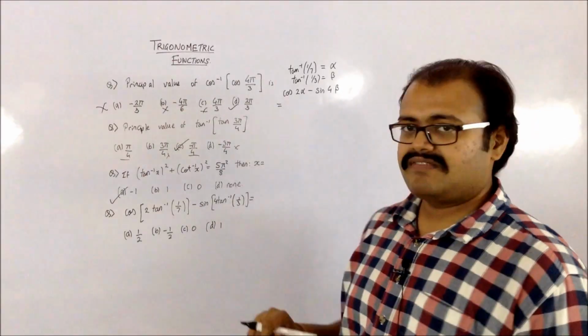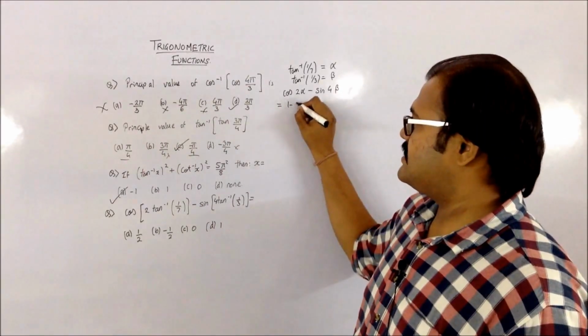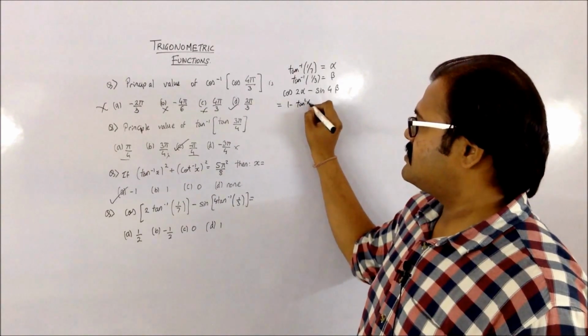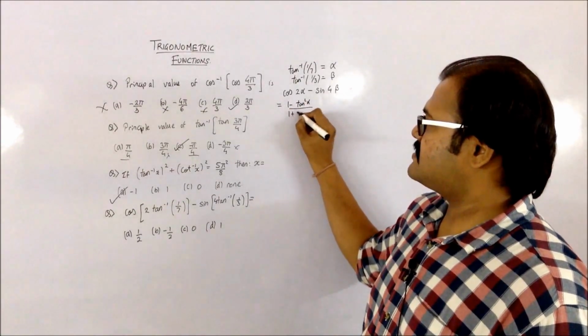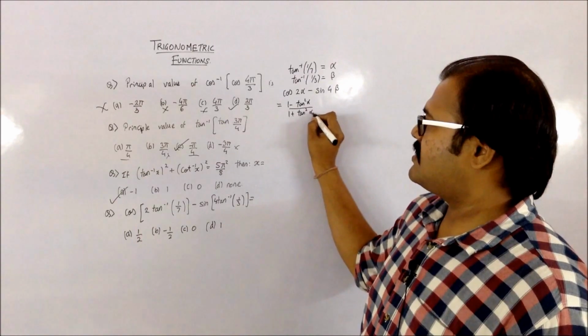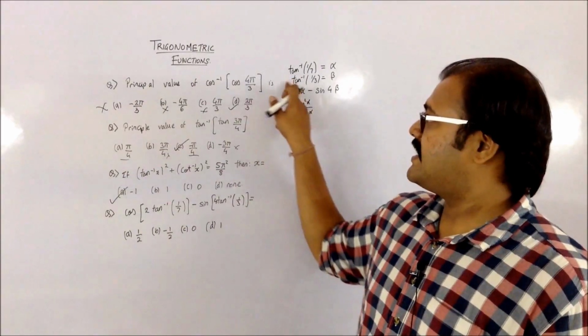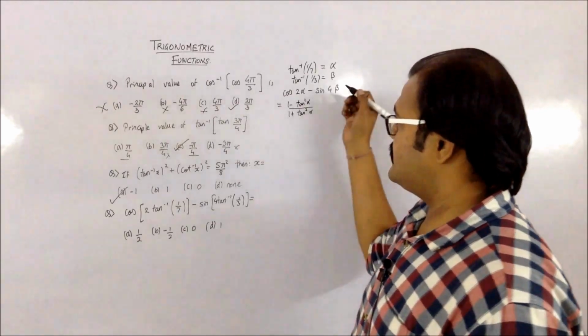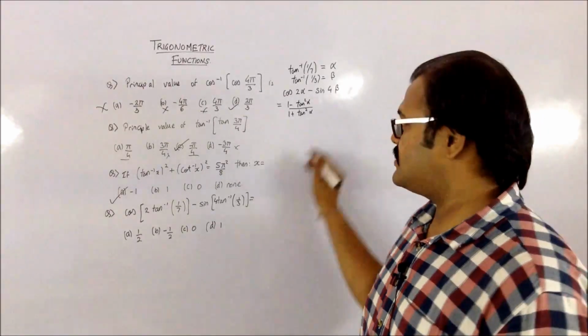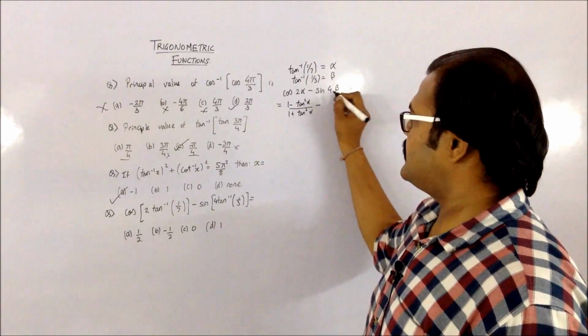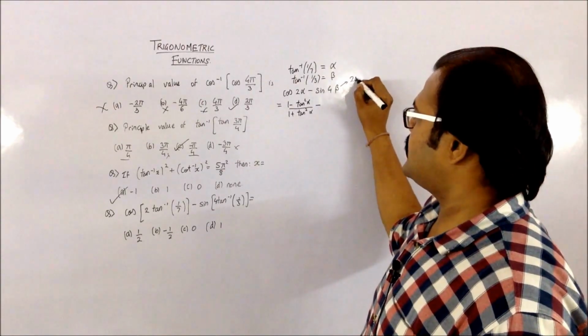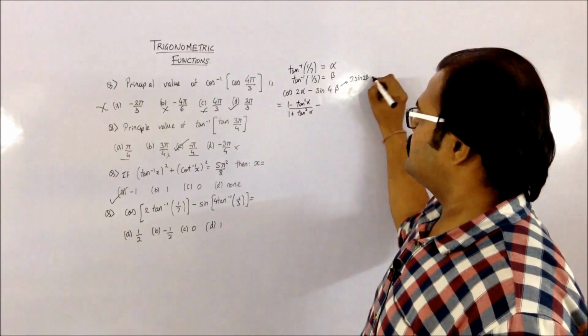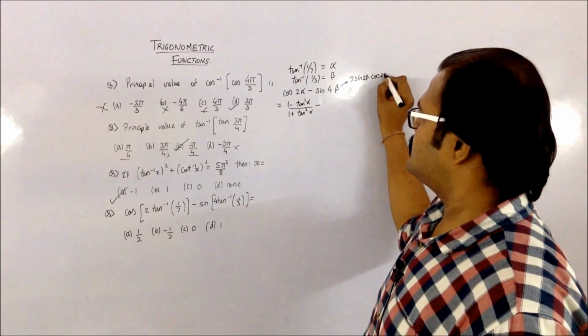Now I am applying the double angle formulas. So my cos 2 alpha, I can write as 1 minus tan square alpha divided by 1 plus tan square alpha. I have brought this down to tan because basically I have a tan inverse present in it. So by solving I can just get rid of that. So let me solve it. Sine 4 beta I can write as 2 sine 2 beta into cos 2 beta.